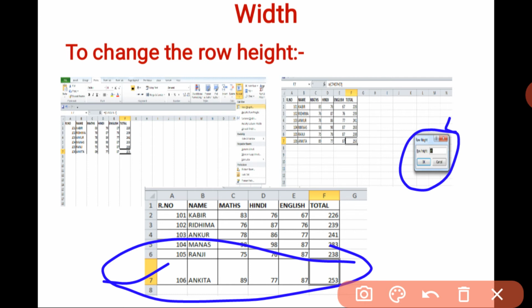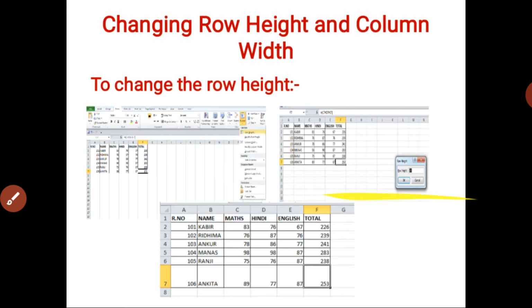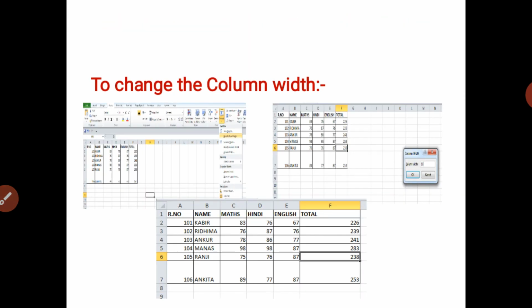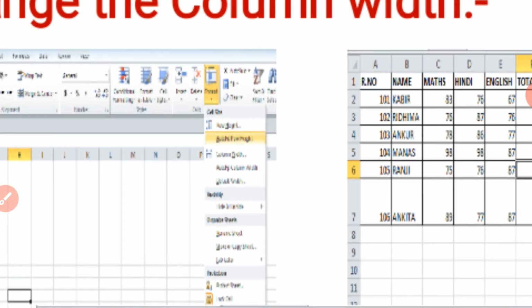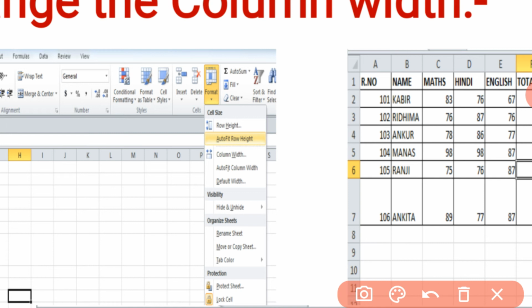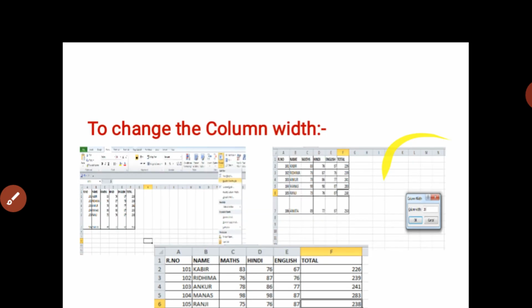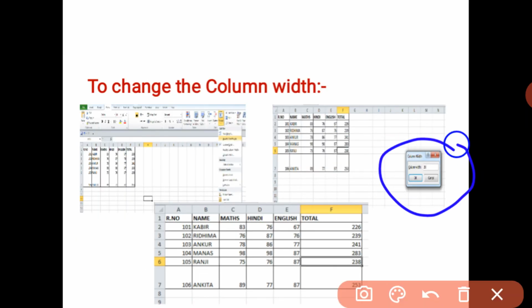As with this option, the same way you can also apply it for your column. If you want to change the width of your column, then again you have to apply the same option. So first you need to select that particular column whose width you want to change. Again, you need to go to the Format option, and then select the Column Width option, and after that this type of small box will appear, and accordingly we just have to put in the value and then press the OK button, and it will change our column's width, right?